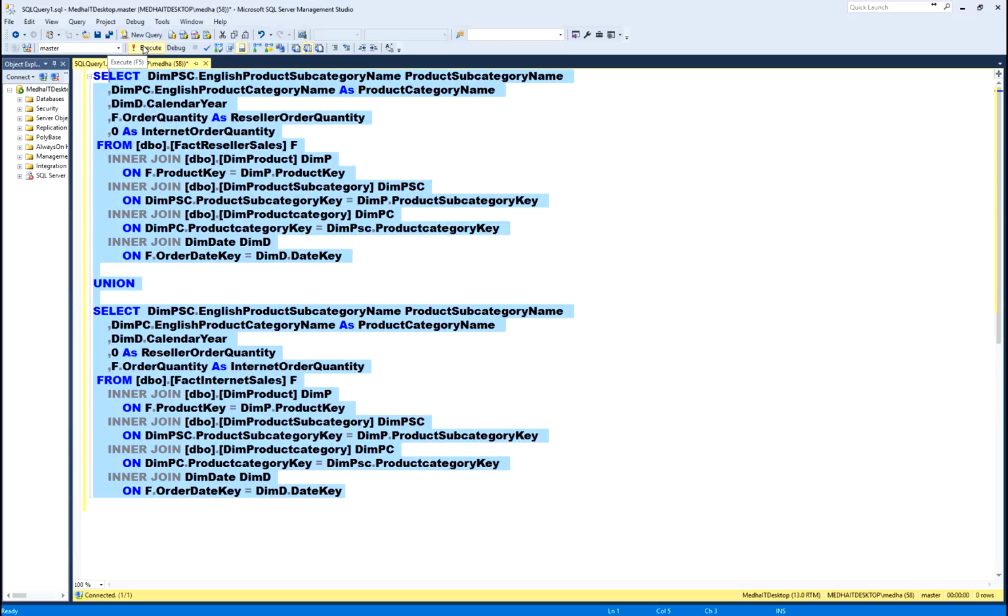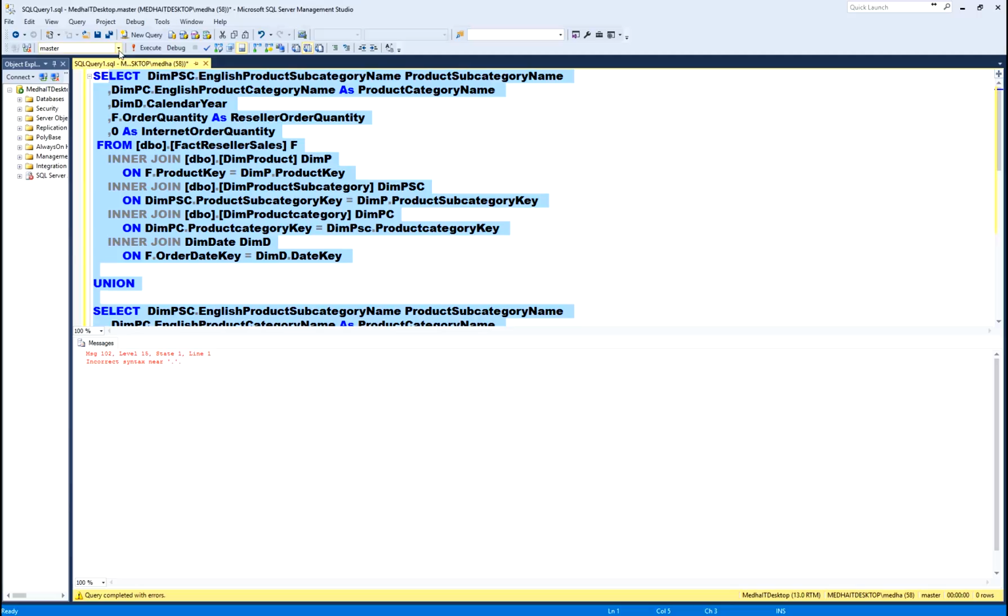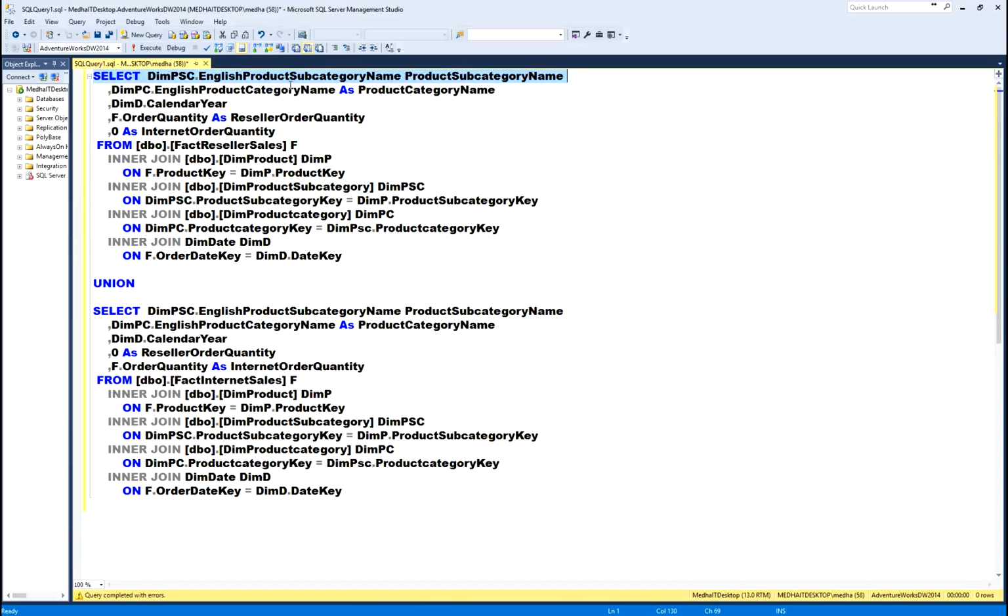So, when I run this, I should get both internet sales and reseller sales. It looks like there is some syntax error.